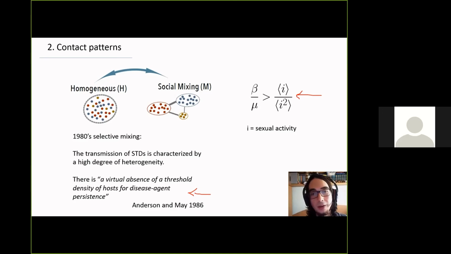And here we are going the other way around. So we have a homogeneous population, but we say, okay, but certain individuals will behave in a group way, or we can capture them in small groups, and we'll reach the same result, obviously. But the point here is that they didn't have the data to estimate these things properly.